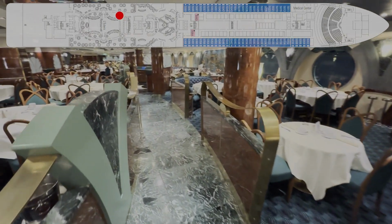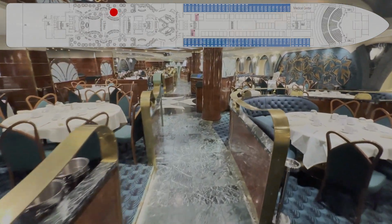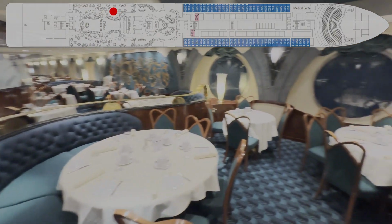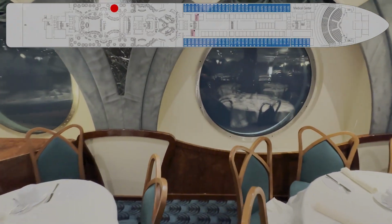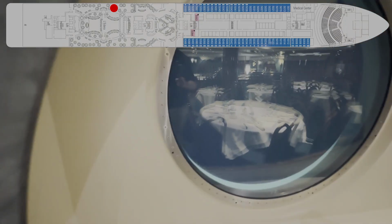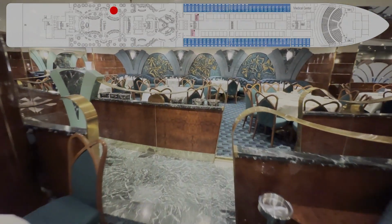So yeah, I think it's a real nice looking room, personally. Maybe a little, I don't want to call it retro. Again, it was built in 2010. The new ships have such a different look these days. But these nice big windows seem to enhance the view. They almost magnify it. So like when we left Miami, the seas were